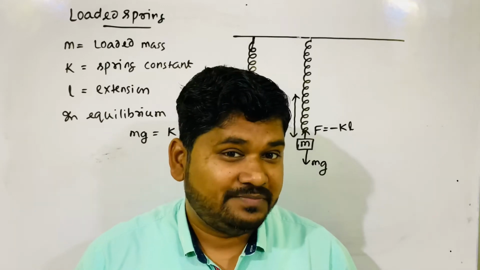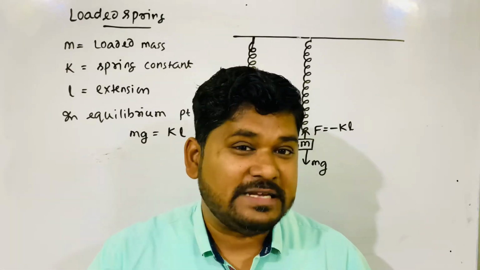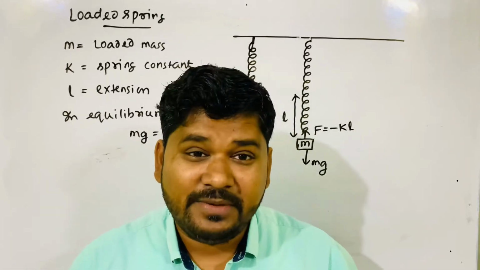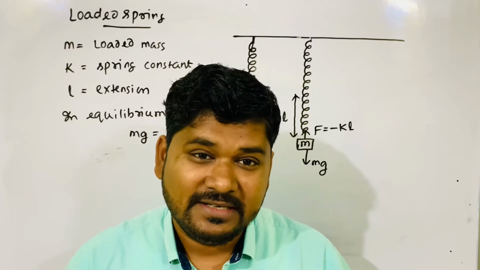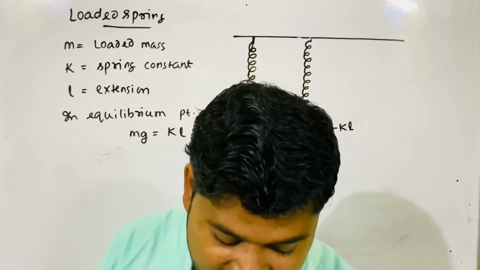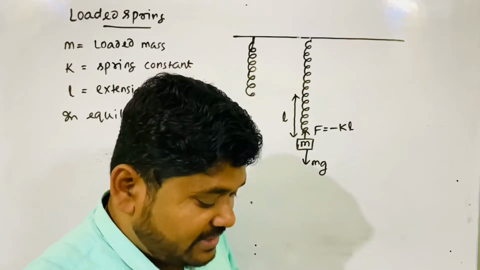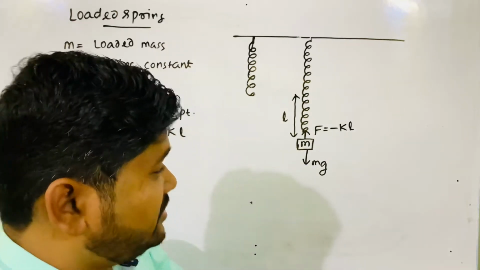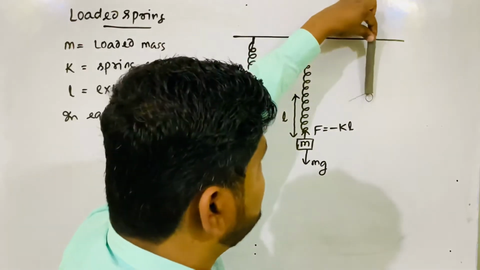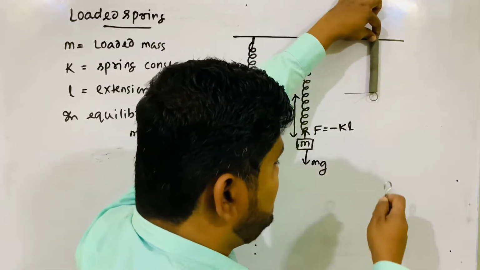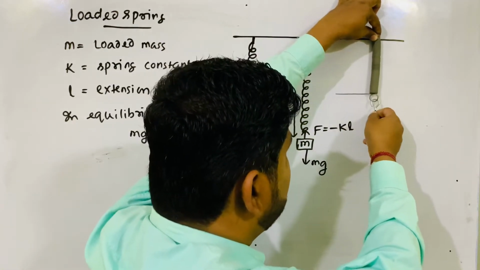Now, I have told you the general format. What you will do is displace the body from the equilibrium position and leave it. When you displace the body, at that position you see what forces act on the body. That much is the job. Again I am drawing the spring. This is the original length of the spring, but due to extension, you gently just leave it.